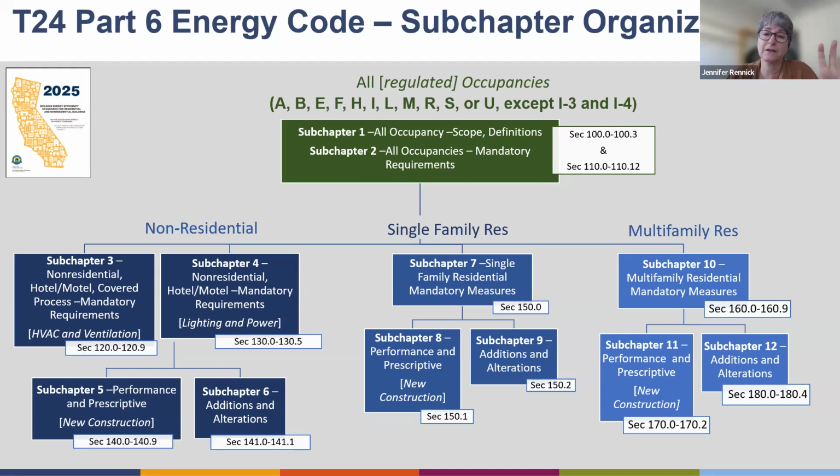Under this code, we're having the same code organization. So those of you who've been paying attention to the code, under the 2019 cycle, we didn't have the multifamily residential subchapter 10, 11, 12, but that got introduced under 2022. And then under 2025, we still have the subchapters. About the only thing that changed for 2025 in terms of this is that we have laboratory now as an occupancy type in the top level of subchapter 1, and 2 was added because now it's addressed in the non-residential sections. And today we're just going to focus on chapters 7 and 8 and a little bit on